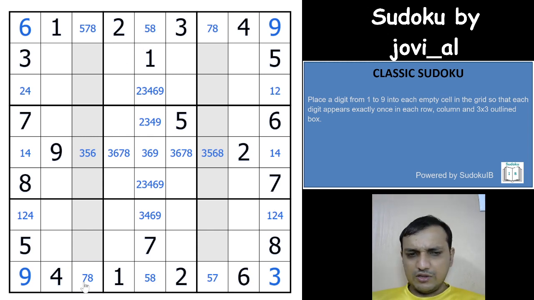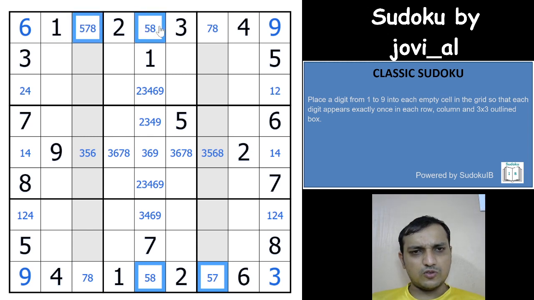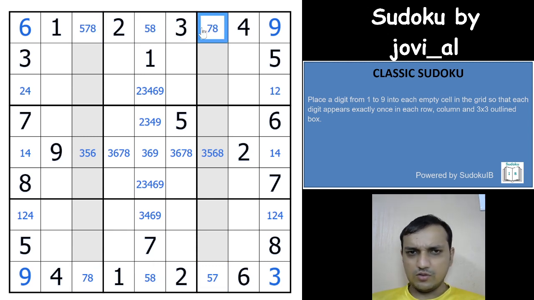You have anything? You have an x wing of 7. Do you have an x wing of 5 here? No, x wing of 5 is not possible. You have an x wing of 8 is also not possible, right? Okay, let's see the first and last columns as well, because I can see something here as well, because having